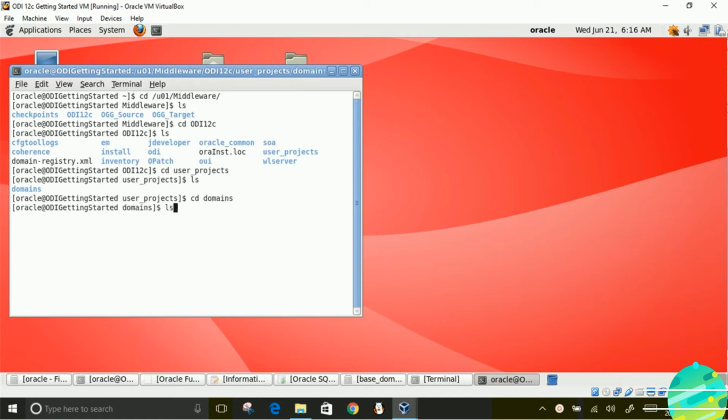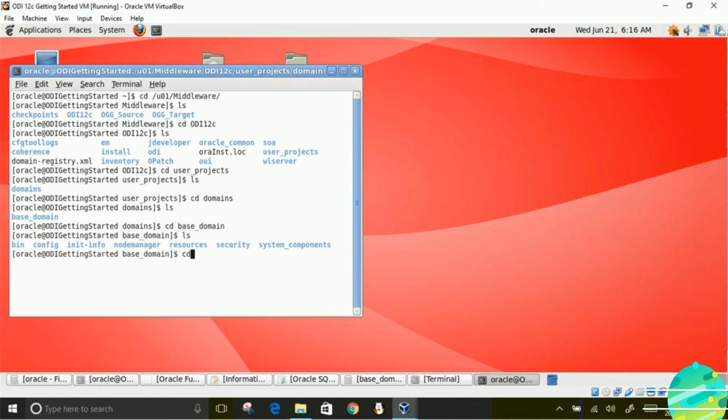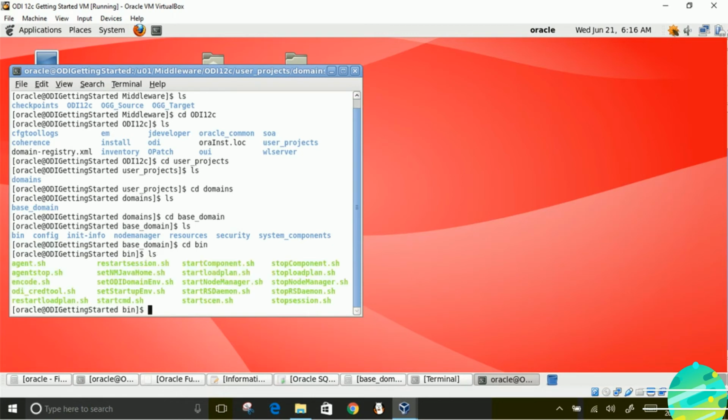This is same directory which you gave in the first step while installing the standalone manager. Go to base domain and after that go to bin subfolder. Over there you have a file called agent.sh.